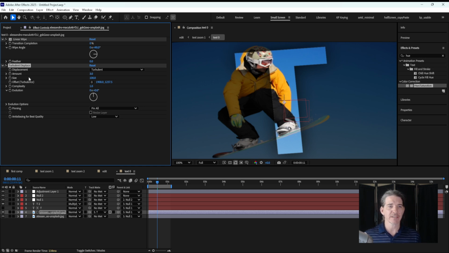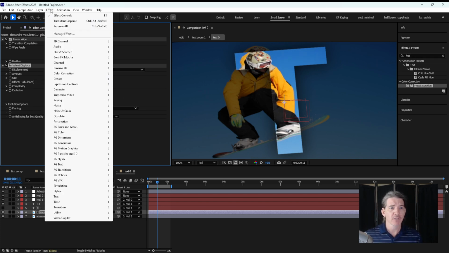And some of these effects have something in there called evolution. So the settings are there, and it's like a radial, you can see it's wiggling a little bit in there. I'll make it bigger to be more obvious. You can change the size of it, but you could drag that. And I think that is a large part of what's happening in that Sapphire plugin. It's like adding a displacement as well as probably